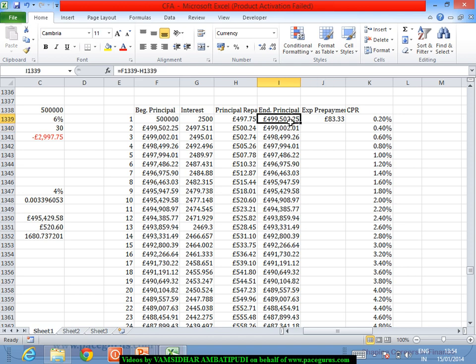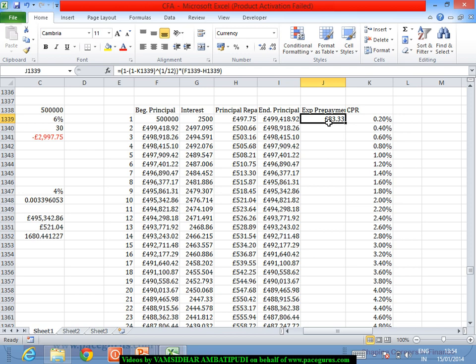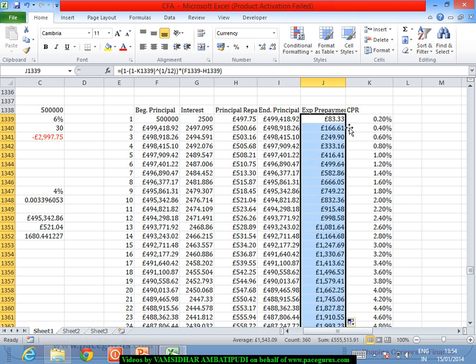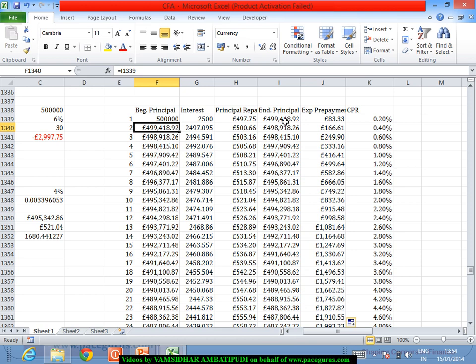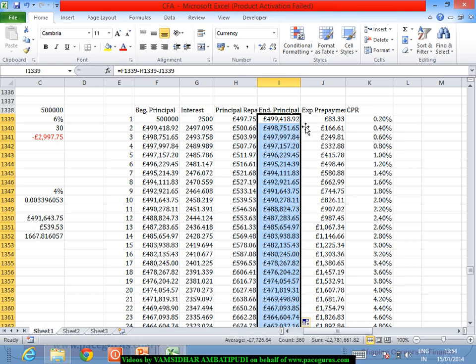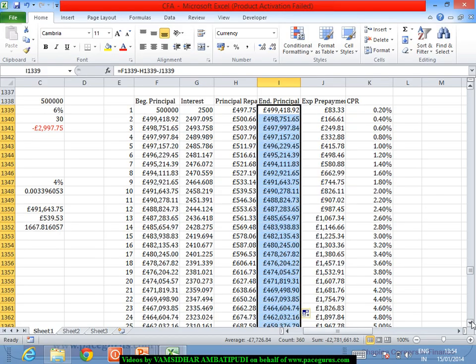So after the expected prepayment also happens, if I am expecting that this is the prepayment, my ending principal will get updated to this particular number. The same logic I will continue. Now this number is updated, so the ending principal, this formula I'll drag across, and now what I could see is